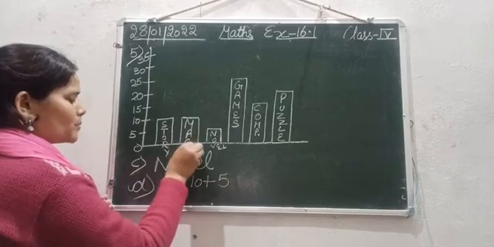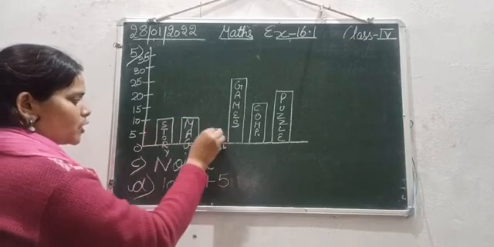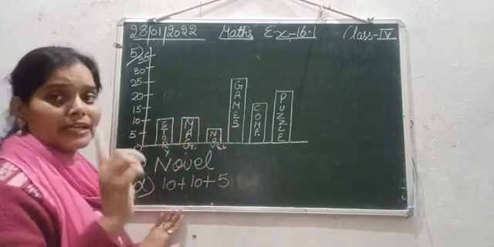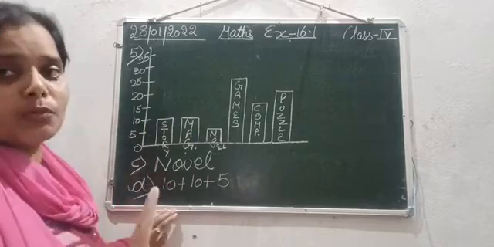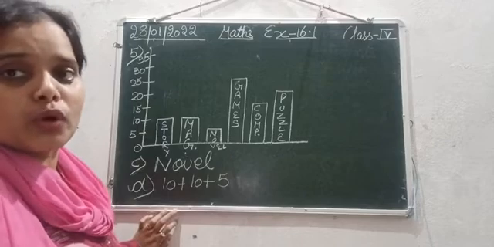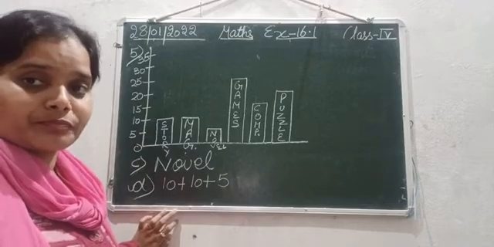देखिए story books और magazine 10 students ने ली. Novel, okay, so we are assuming that each student has borrowed only one book. So हम क्या देख रहे हैं कि हर एक बच्चे ने सिर्फ एक ही बुक ली है, उससे ज़्यादा नहीं ली है. So this is what we are assuming here.